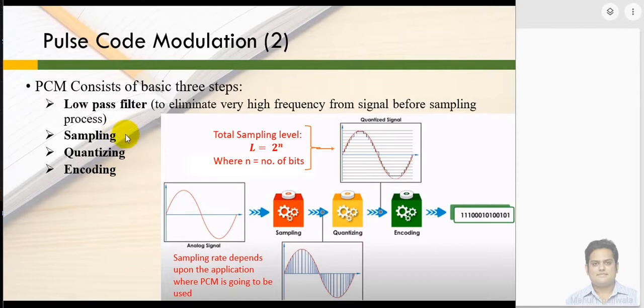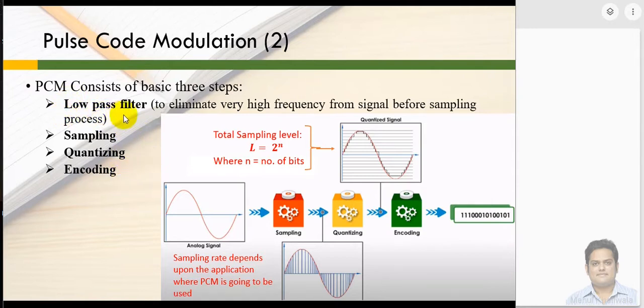Very first thing, you are going to take samples. Second thing, you are going to quantize the signal, and at the end you are going to perform the encoding, right? So these are the three steps by using which you can transform your analog signal into the digital stream, as you can see here. Here is your analog signal which is being transformed into a block of digital data stream of 1s and 0s, right? So these are the three basic steps.